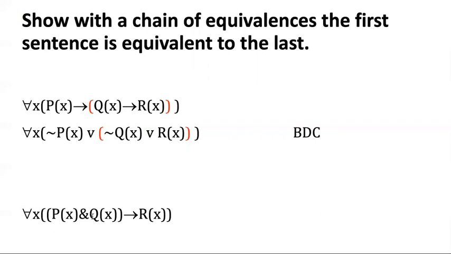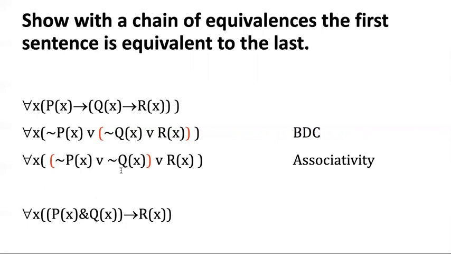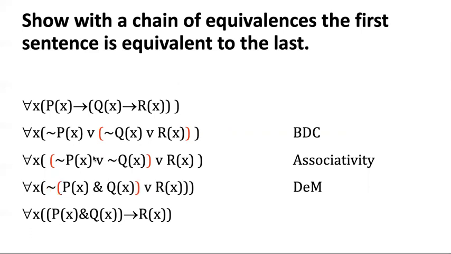Well, now what we need to do to get to this conclusion is we need to change our grouping. So we need to use associativity. Of course, yes, all the laws that you've learned previously, like I just said, still hold. So we can do associativity inside the scope of the quantifiers. So now I just moved my grouping from this disjunction to this disjunction. Once I do that, now I can apply De Morgan's here. See, I took this disjunction and I changed it into a conjunction, and I factored out this negation. I'm doing De Morgan's in the reverse order of what you normally see. But remember, equivalences go in both directions. That's the bidirectionality of the equivalence arrow. So I'm allowed to push this negation in, or I'm allowed to factor it out by the same law,